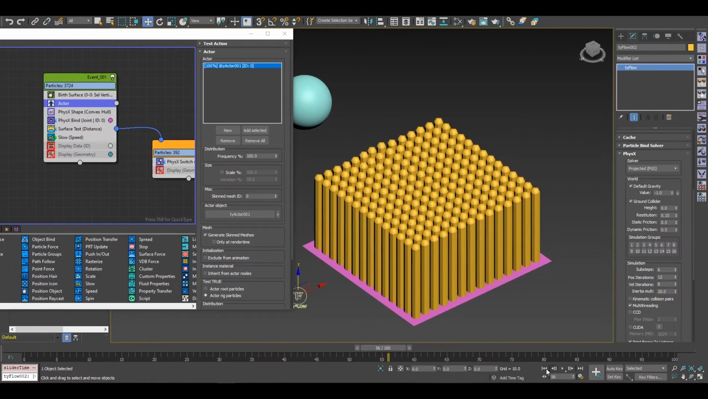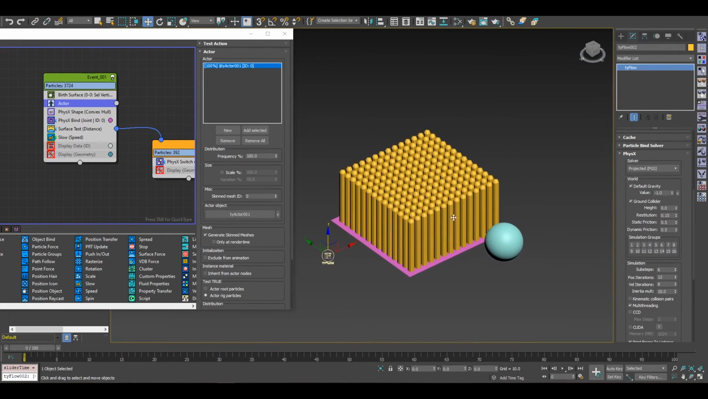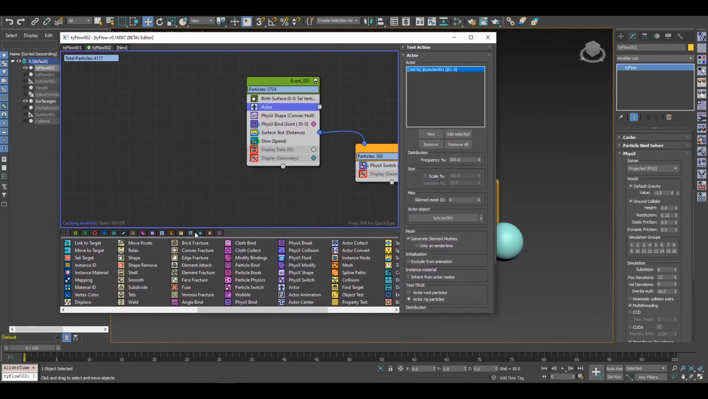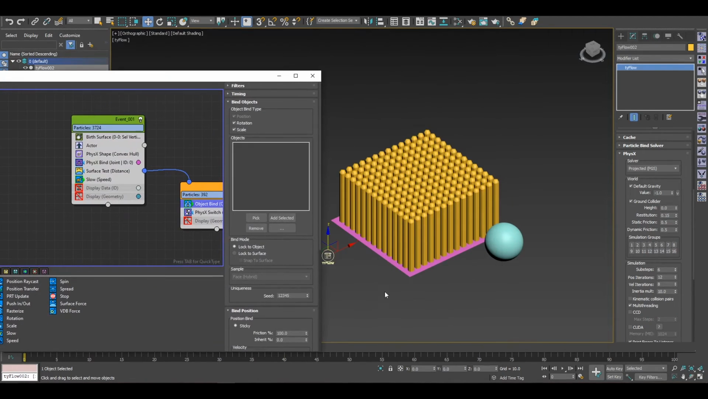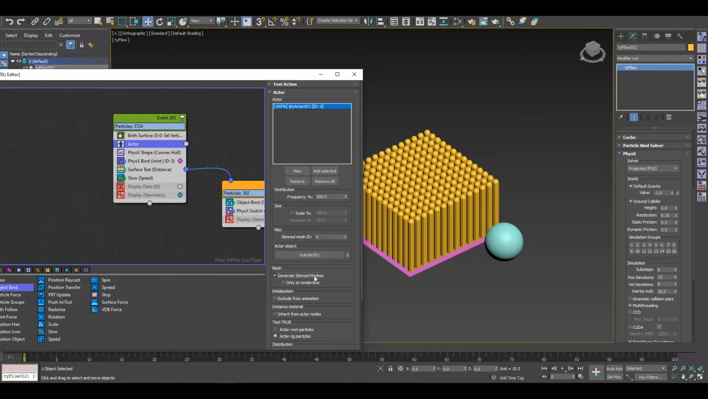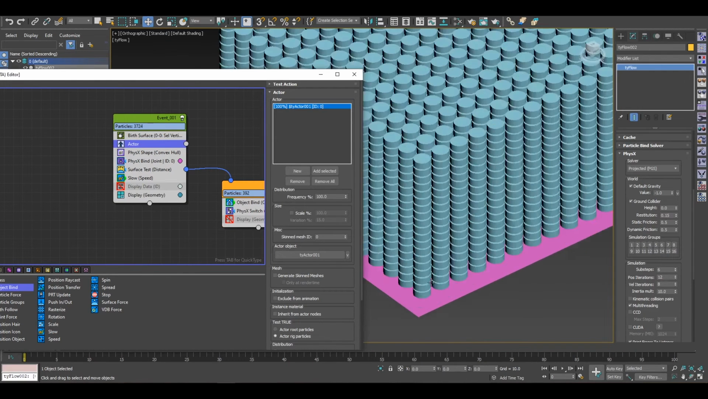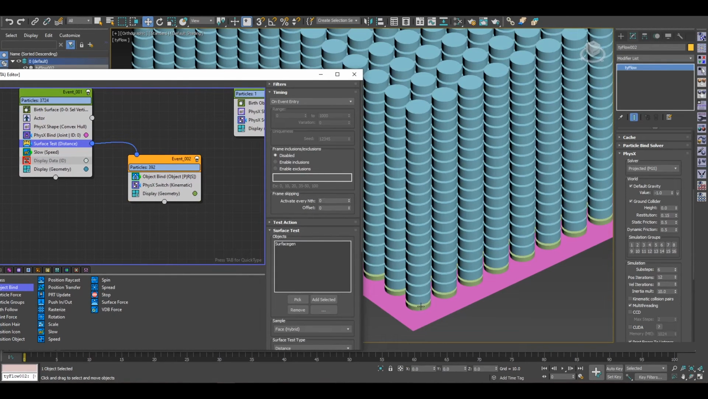What we can do here is something. Let's add another operator here, like the position, the object bind operator. So we're gonna bind the stuck particles, the ones that get stuck to the ground. We're gonna bind them to the surface, because if we have a look at the